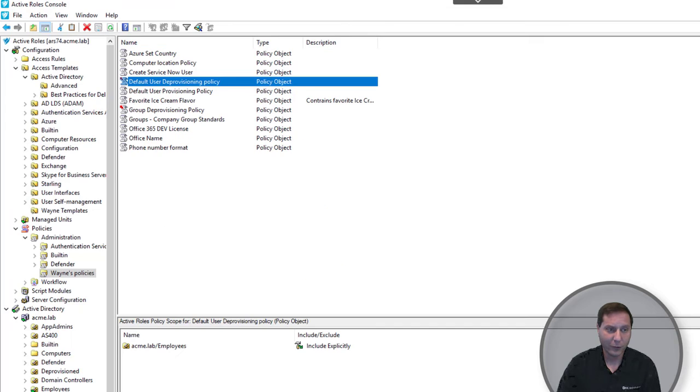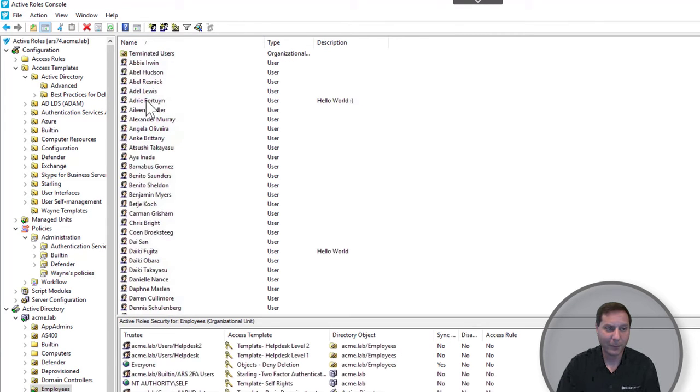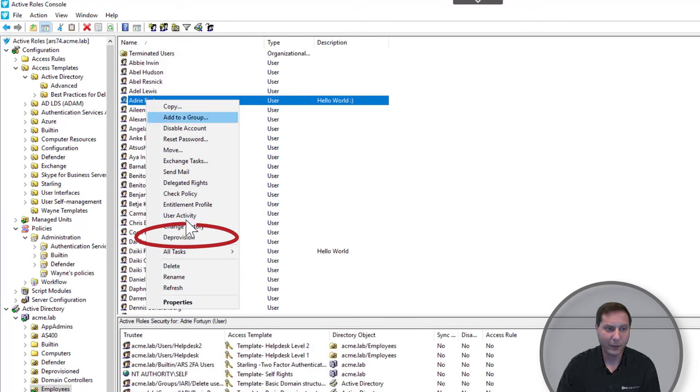I could also just go into the system, go into a user, and assuming that I had the correct access template, right-click, and deprovision. I can even undo that deprovision if somebody made a mistake. Let's say HR had you terminate the wrong John Smith, or the person comes back after a few days. All these things can be done quickly and easily inside of Active Roles.